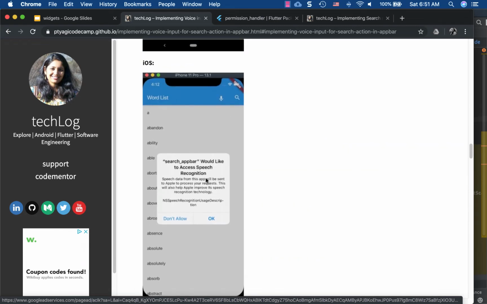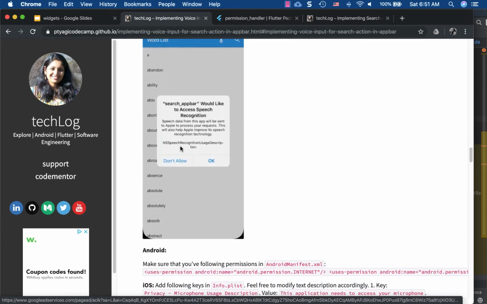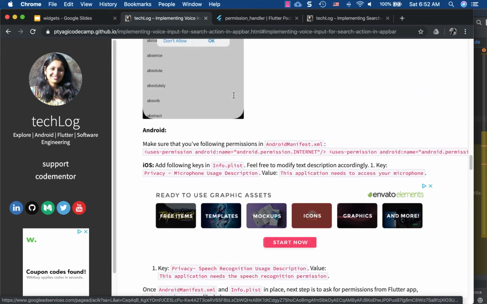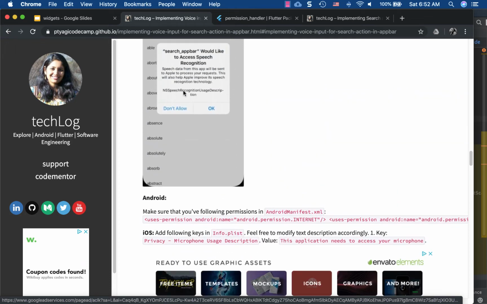Like here, would like to access. You can have this is my search.l_appbar is my app name here. And okay, so this is one you want to populate it. And in here it says here so this description it should show this value needs to access your